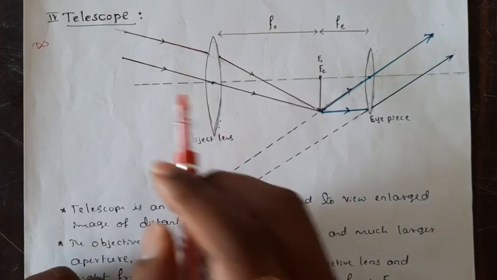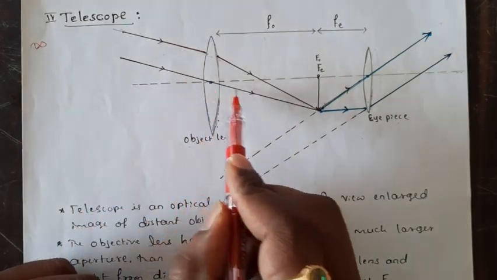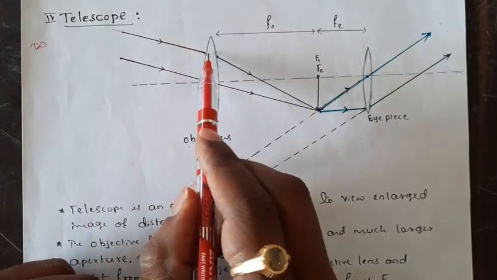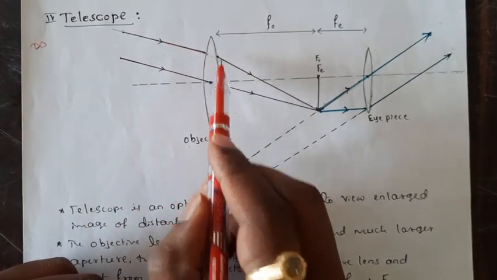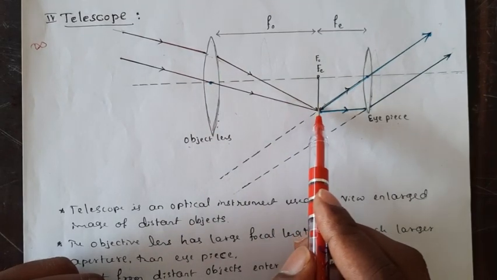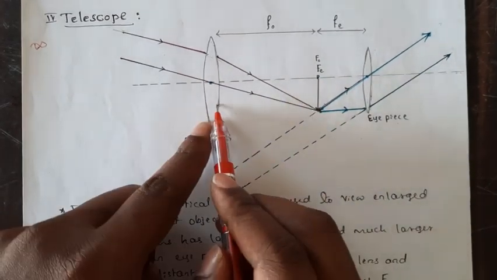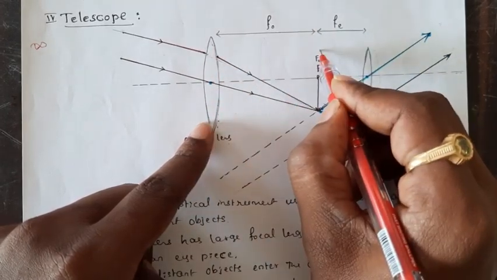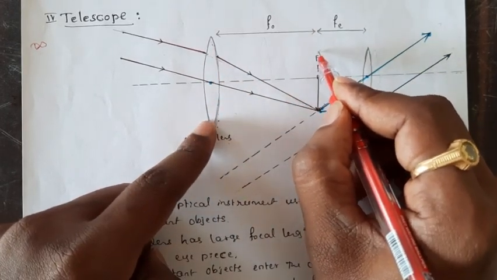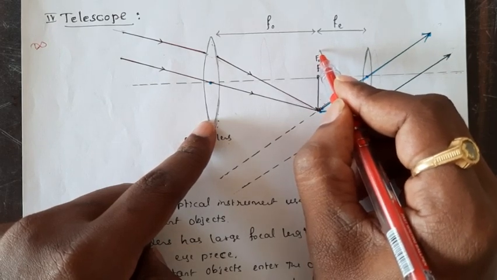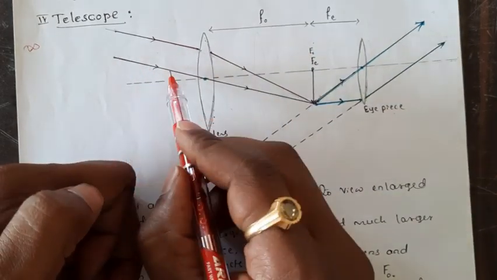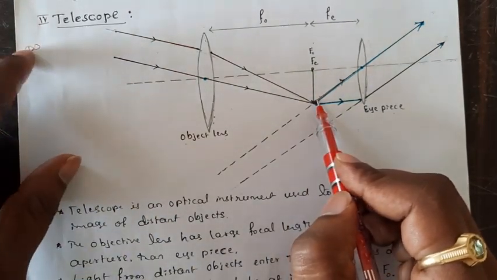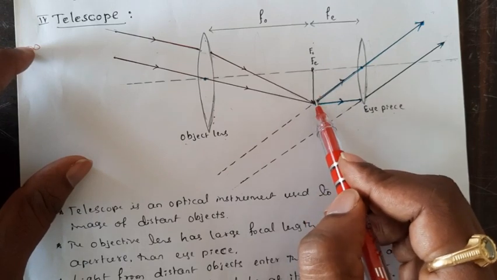Is it clear? Okay, and see, a ray of light passing through the optic center moves directly without deviation. And a ray of light that undergoes refraction or deviation by the lens forms the image at f, the focal length of the objective lens. From here to here it is the focal length. The image has to form at the principal focus only, because the rays are from infinity, and we know they meet at f only. So the image of this distant object forms here.